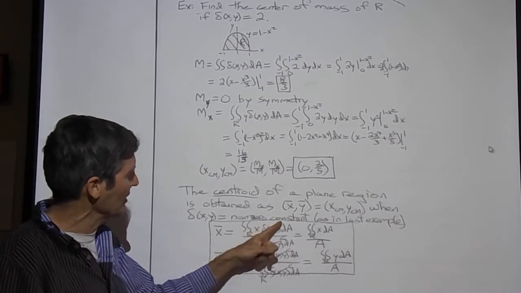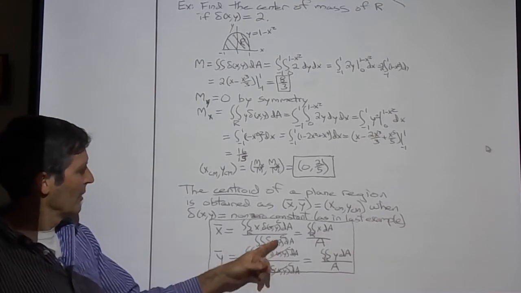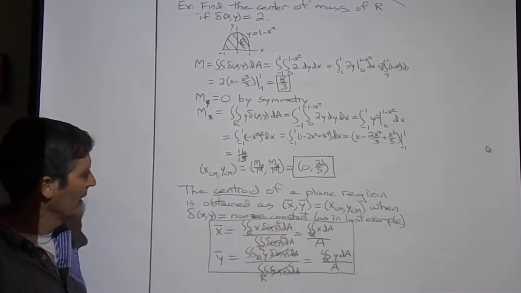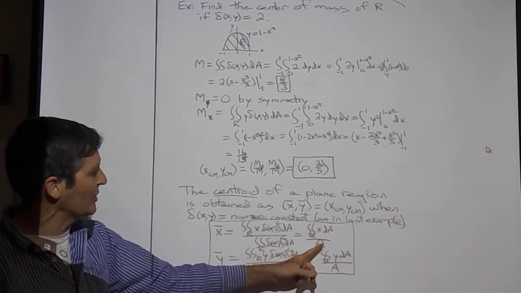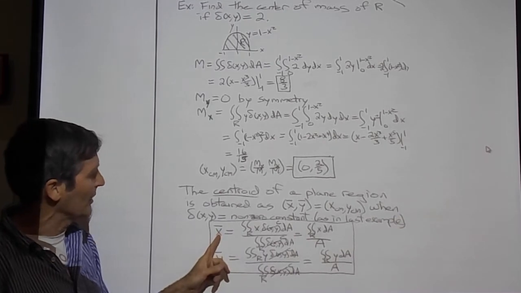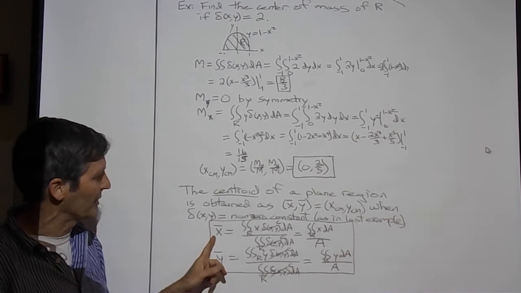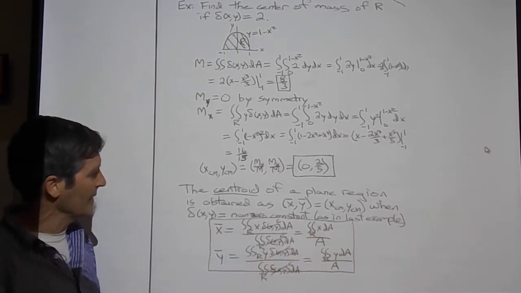If delta is a constant, c, I wrote here, then you can take the c's out of the integral and cancel them. So I scratched it out here. And what you get is the double integral of x dA over the double integral of dA, which is just the area. So the x coordinate of the centroid, which is the balancing point when you have uniform density, is just the double integral of x dA over A,